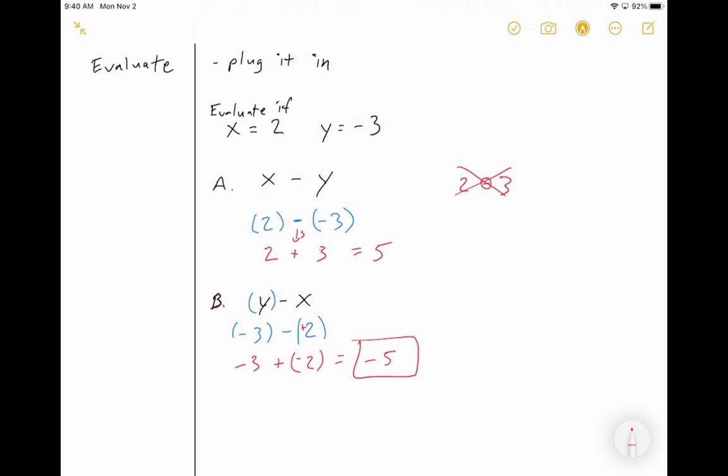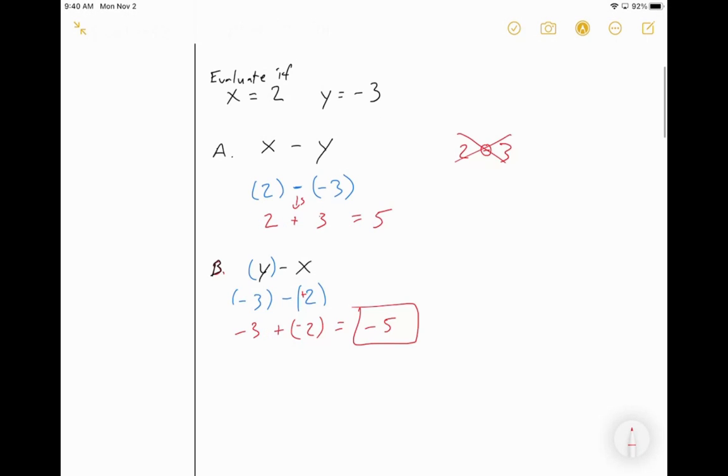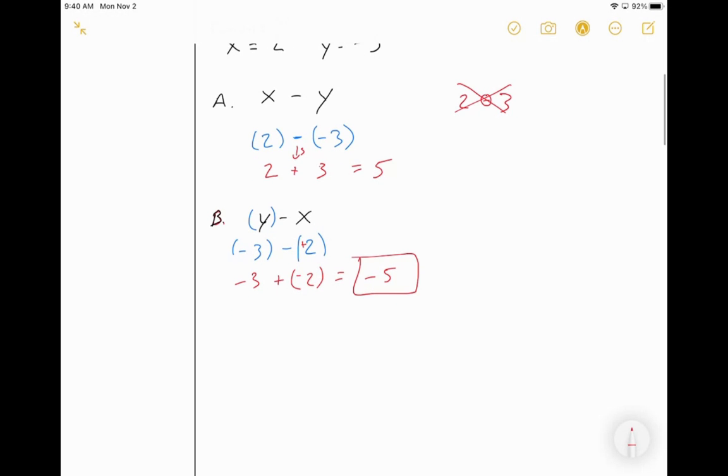I don't think on this quiz we're going to have letters instead of numbers, but I think on the next one we will. Okay. Pretty straightforward. Let's just try a few more. Just another set that I want you guys to do on your own here. Right. So let's try another one where it says